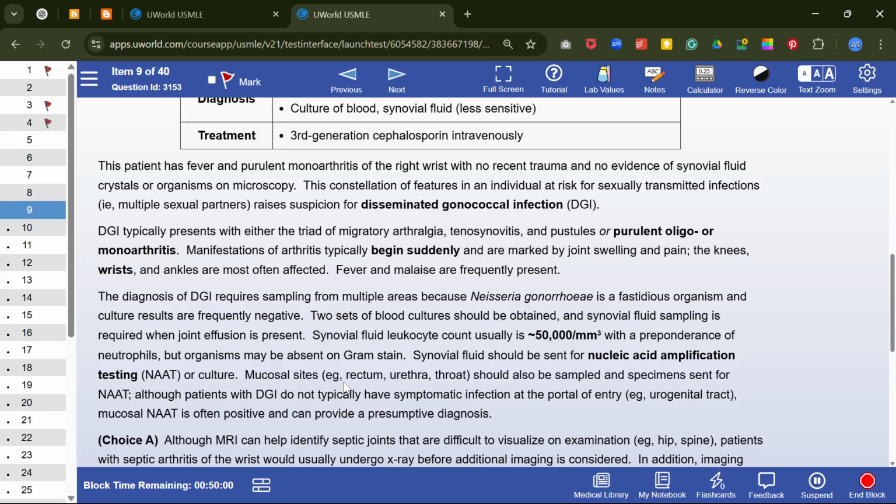The constellation of features in an individual at risk for sexually transmitted infection, multiple sexual partners, raises suspicion for